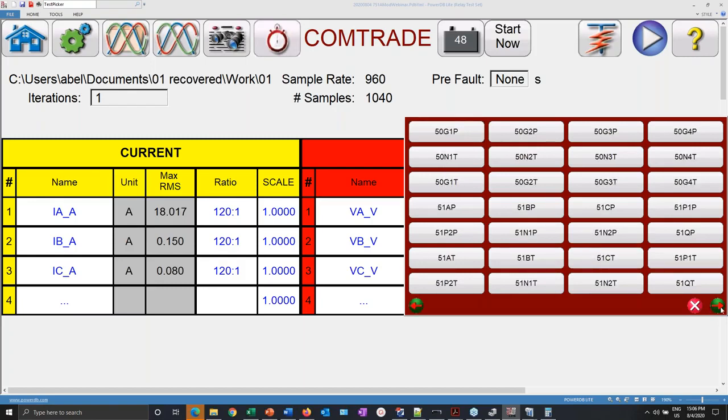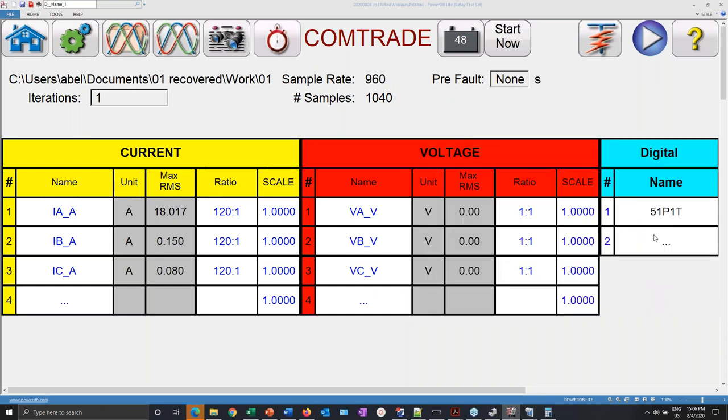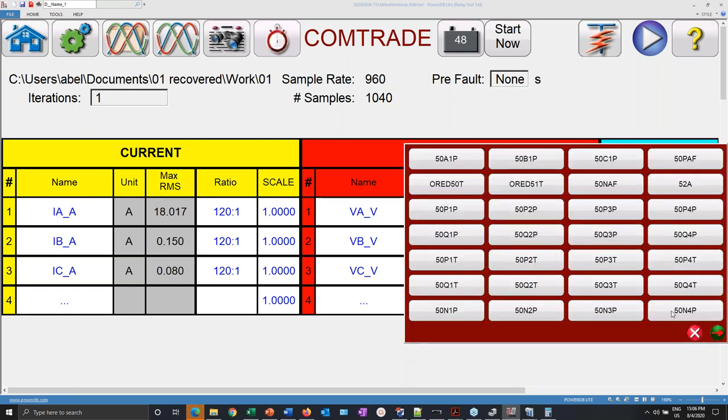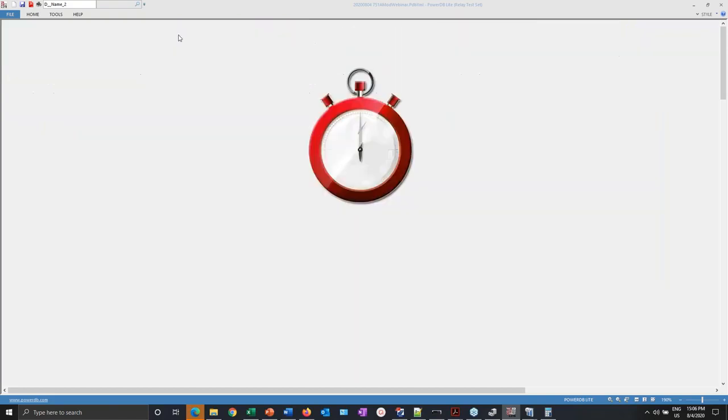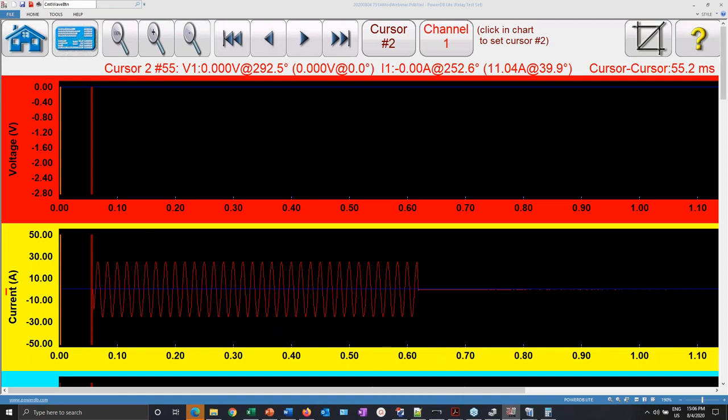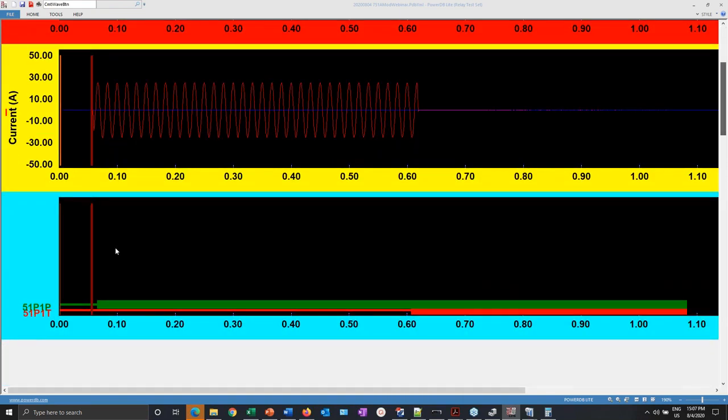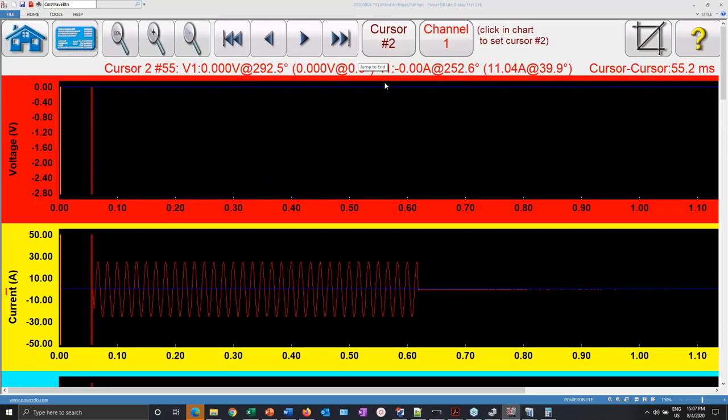Remember that the SMRTs have a set. In the case of the SMRT that I have right here, I have 6 binary outputs, and you can assign these digital signals to those binary outputs. For instance, a signal that I know was activated was a 51P1T, and I also know that the 51P1P was activated. Let me see where it is. P1P, it's right here. So when we go back to the ComTrade tool, we can see them, and we can set and calculate the times